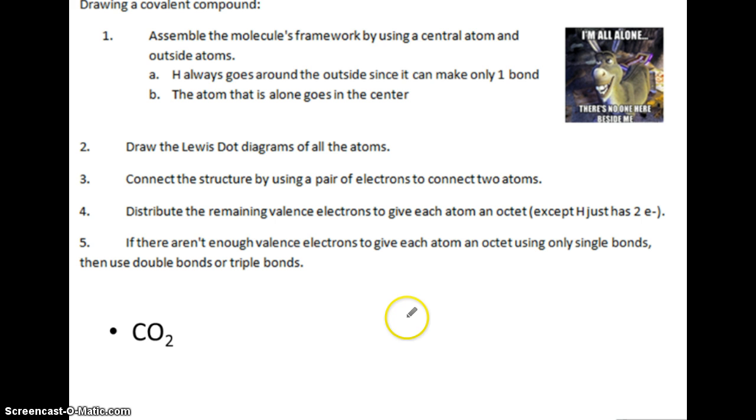Which one goes in the middle? I'm all alone. Yeah, the carbon does. And we know since carbon is in group 4 that it has 4 valence electrons. Oxygen is in group 6 on the periodic table. So how many valence electrons does it have? It has 6. So again, if you can do this, hit the pause button and go ahead and do it